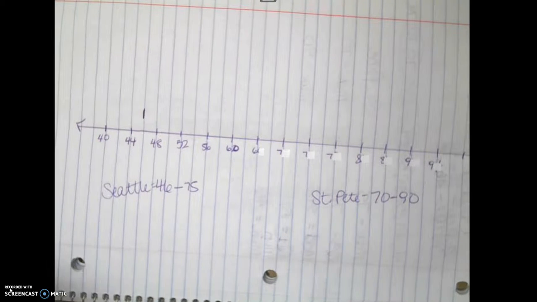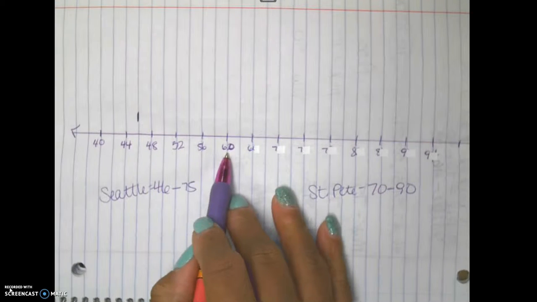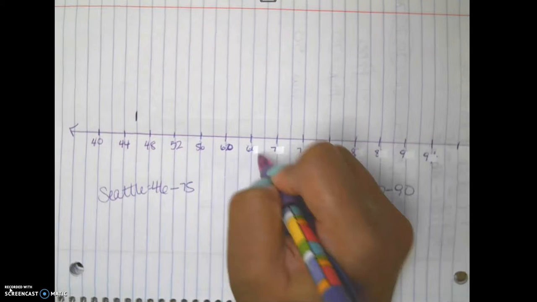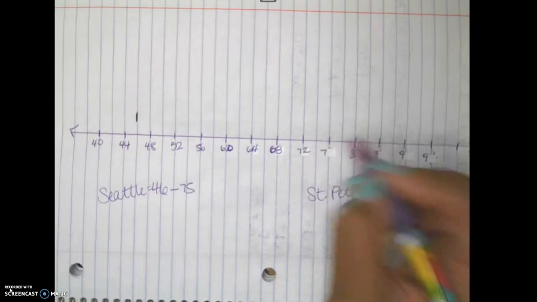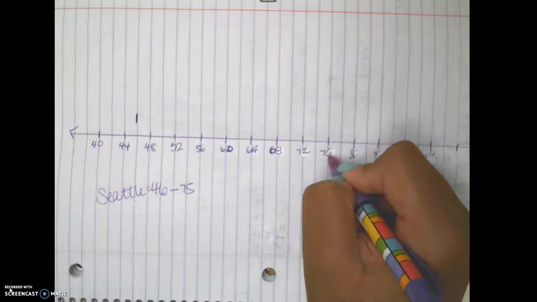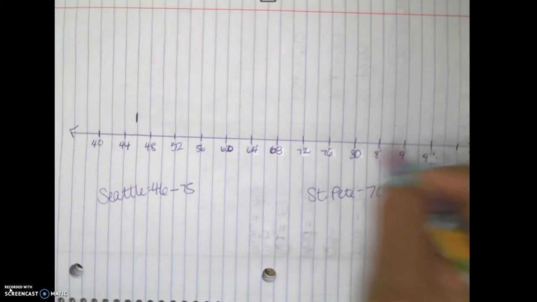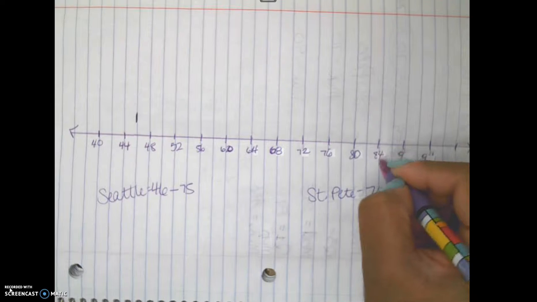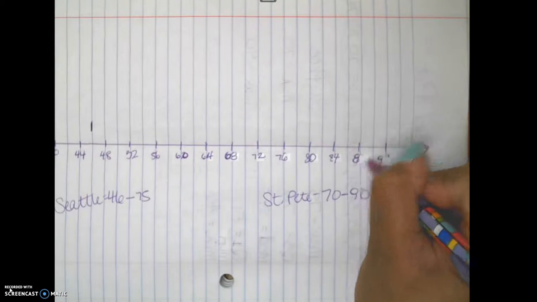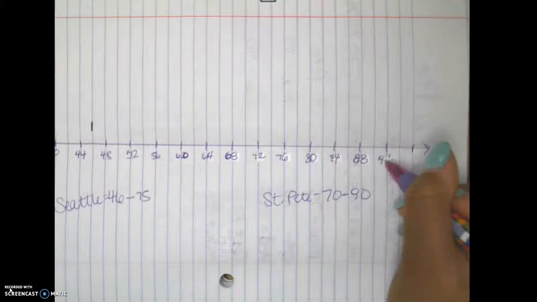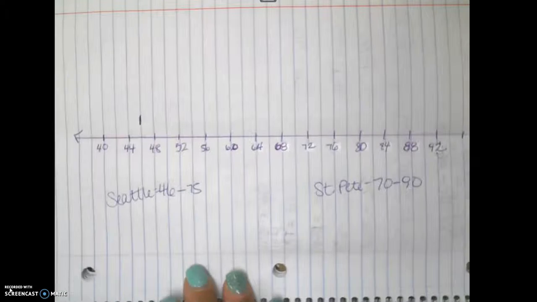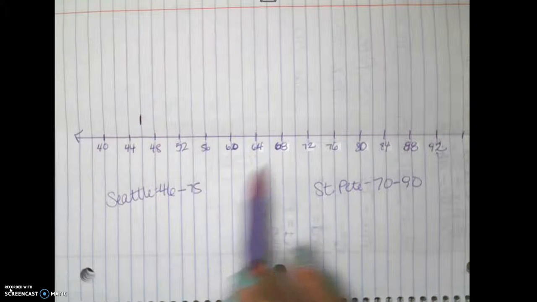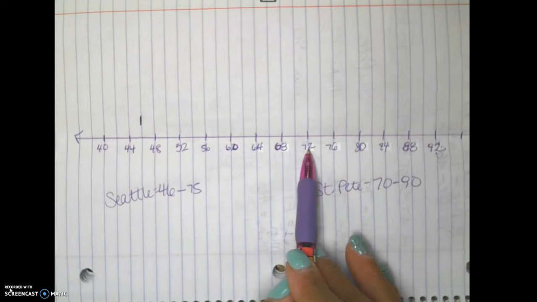All right, let's try again. 56 plus 4 is 60, plus 4 more, 64. Plus 4 more, 68. 68 plus 4 more, 72. Plus 4 more, 76. Plus 4 more, 80. 80 plus 4 more, 84. Plus 4 more, 88. Plus 4 more, 92. All right, now that that's fixed, my maximum for Seattle is 75, which, this is 72, so this would